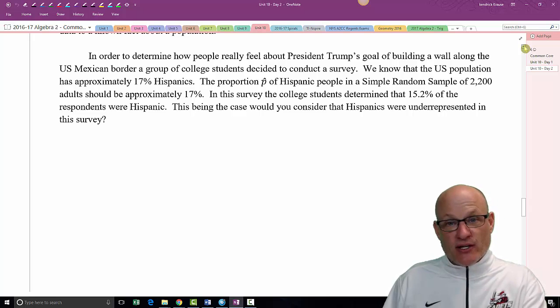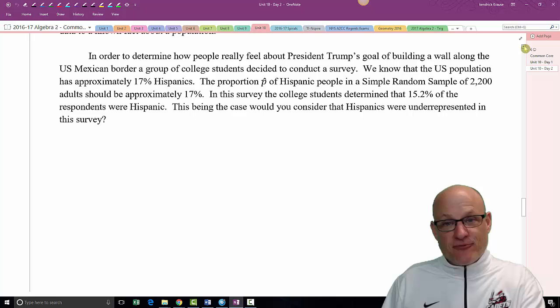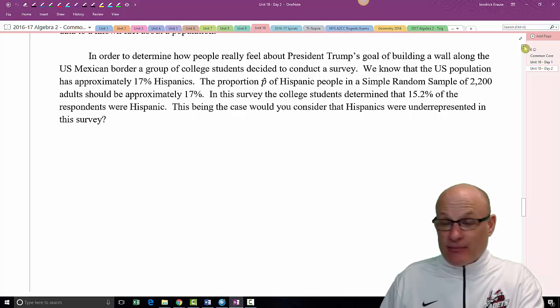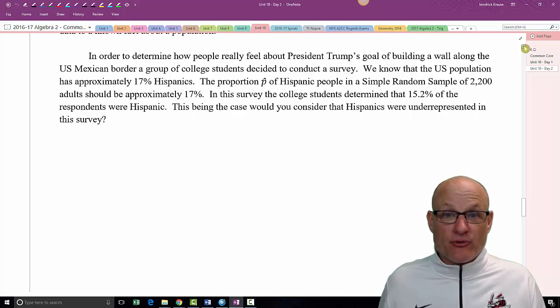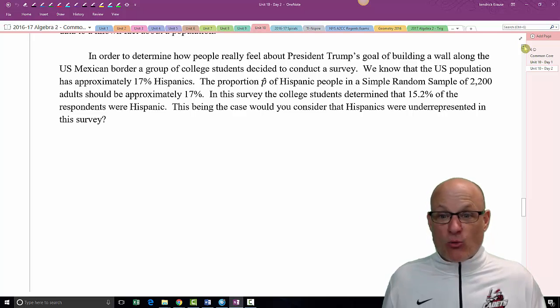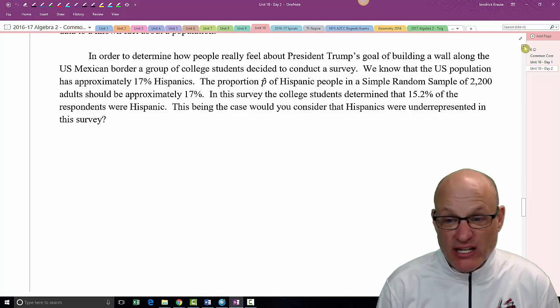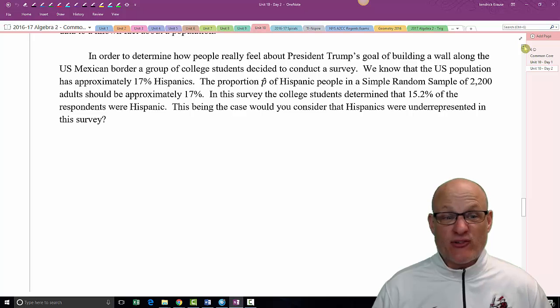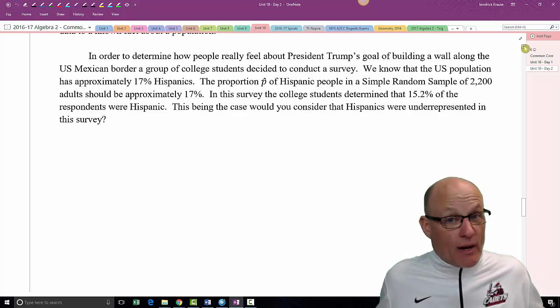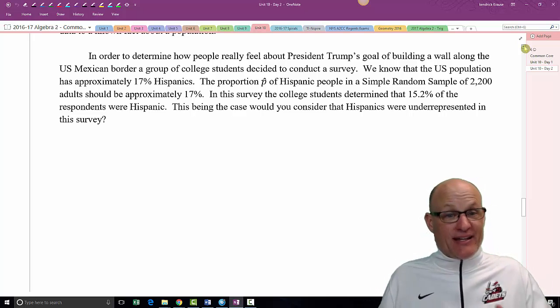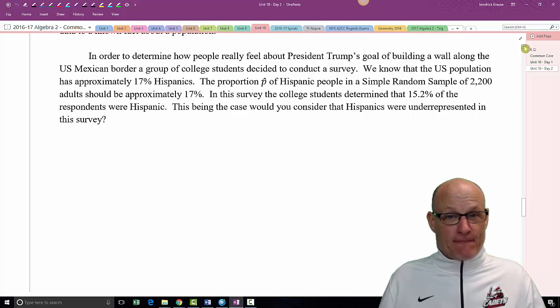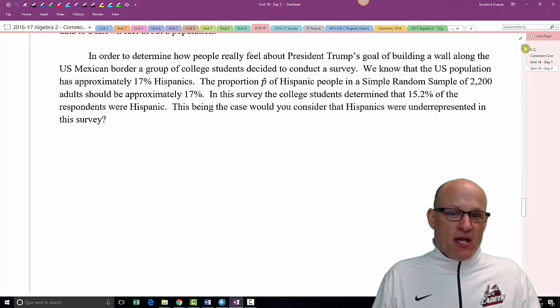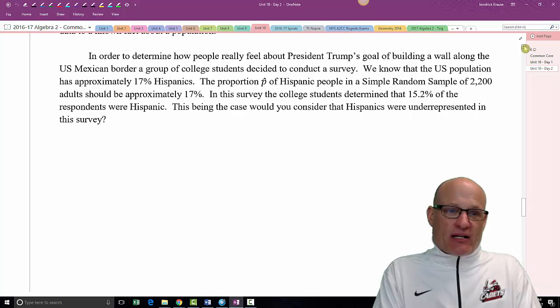And when you want to do statistics, you have to do it correctly. So is it acceptable? I don't know until I run the numbers. And that's what we're going to do right now. We're going to run the numbers and see if the Hispanics were underrepresented, because clearly they weren't overrepresented, since 15.2% is less than 17%. So here's what I want to find. If this was done correctly,